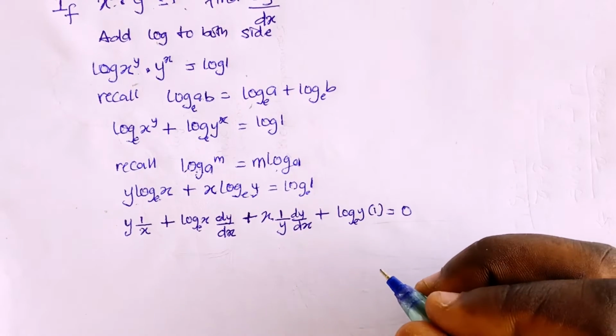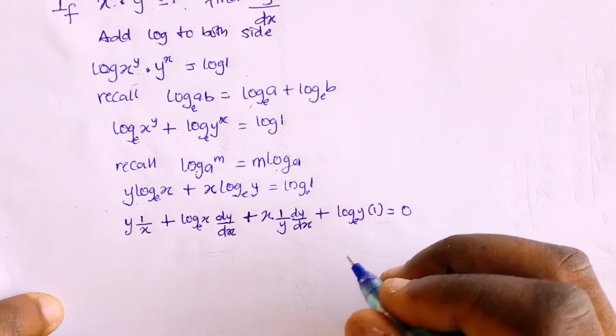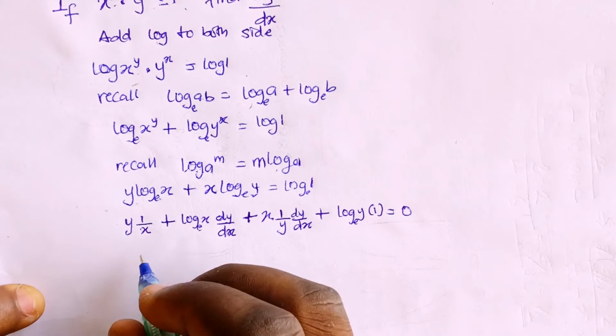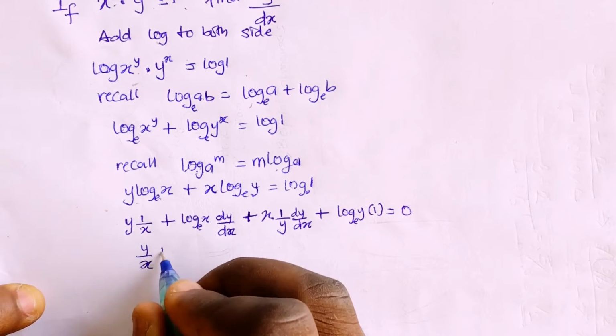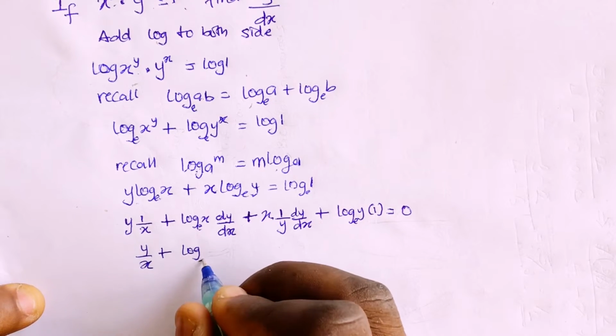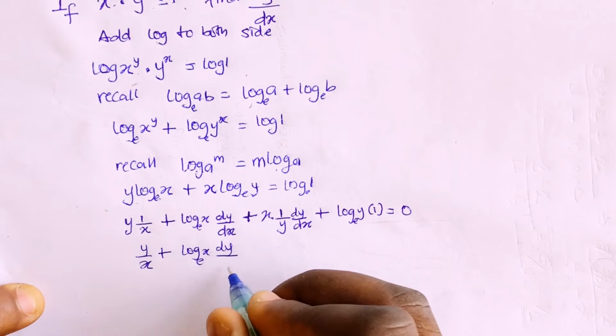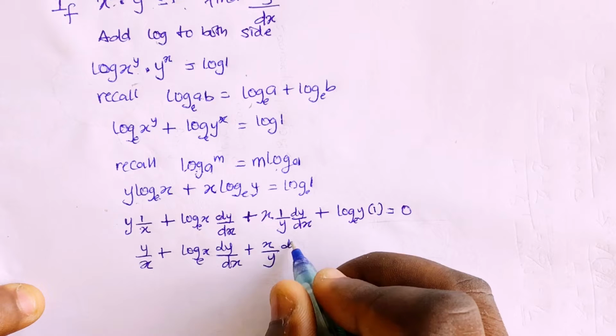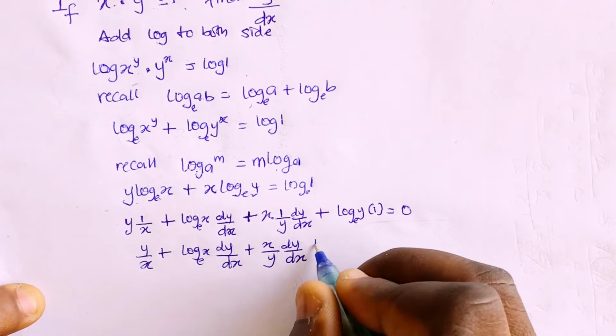Okay, so now let's just go ahead and collect the like terms. In this case, let's simplify a little bit. I'm having y over x plus log x dy over dx plus x over y dy over dx plus